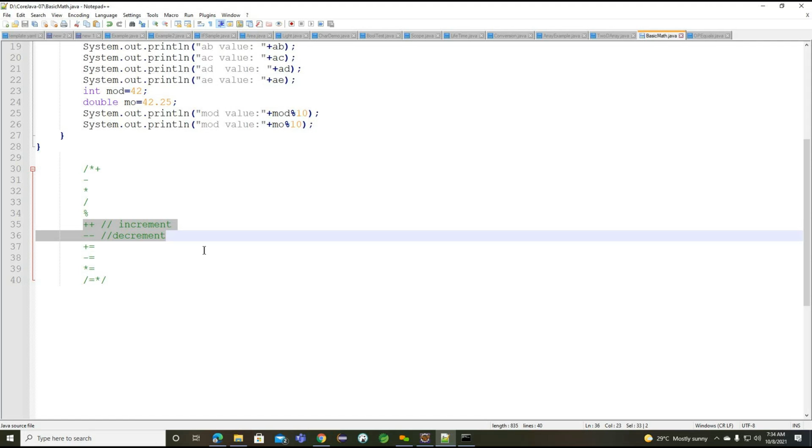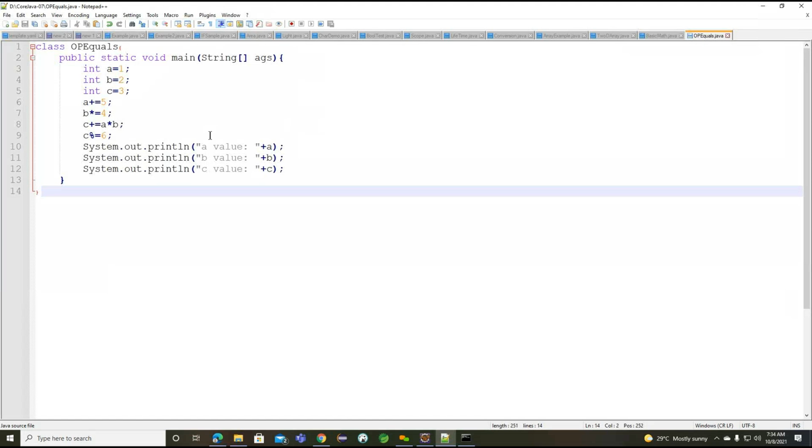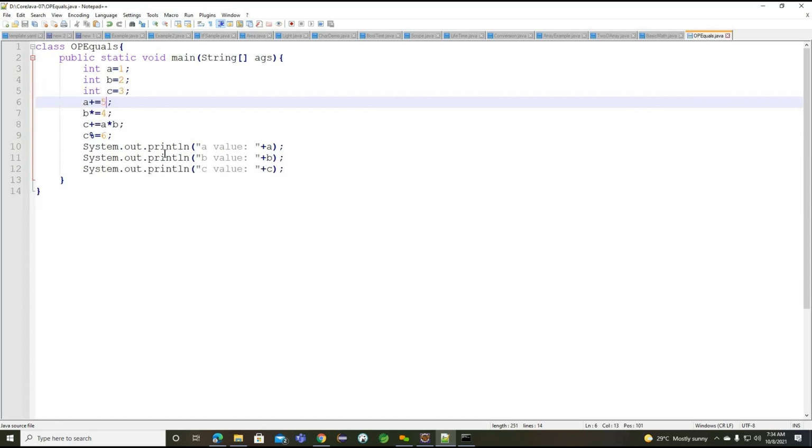Increment and decrement here. With the help of increment and decrement, how are we going to write a simple example here? To write this increment and decrement, basically, if I want to increment one value, how are we going to write here? For example, I can write here. So if I'm trying to write this particular one value, what happens internally? This particular value is going to increment like this. So a is equals to a plus 1.